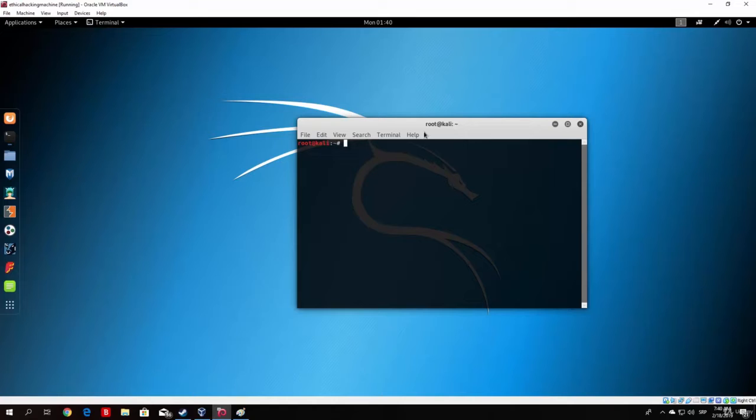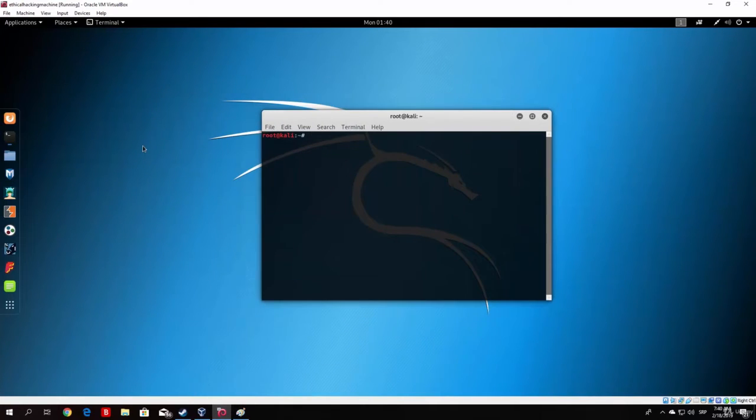And for those of you who don't want to use a graphical user interface and prefer to stay with the command line interface, you can just skip to the next video. But for those of you who prefer the graphical interface more, I will show you how to open it and use it from there. So first of all, open up your Kali machine, and then in the upper left corner